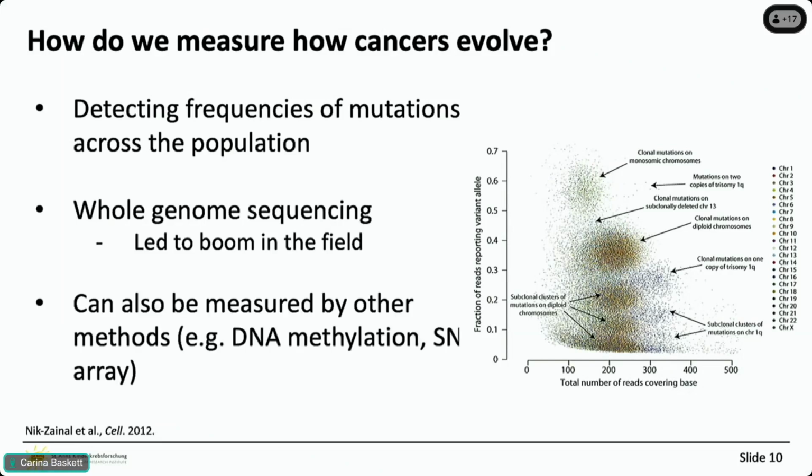But it also can be measured by other methods. For example, you can trace lineage through DNA methylation changes. It's something that's sometimes done, and also using SNP arrays. Sorry, I'm afraid that the text is a little bit moved, unfortunately, from switching laptops. But SNP arrays are essentially a non-sequencing based method where you have an array that has oligonucleotides, and you actually just try and find a signal of DNA content from different parts of the genome. So you don't necessarily have to use sequencing.